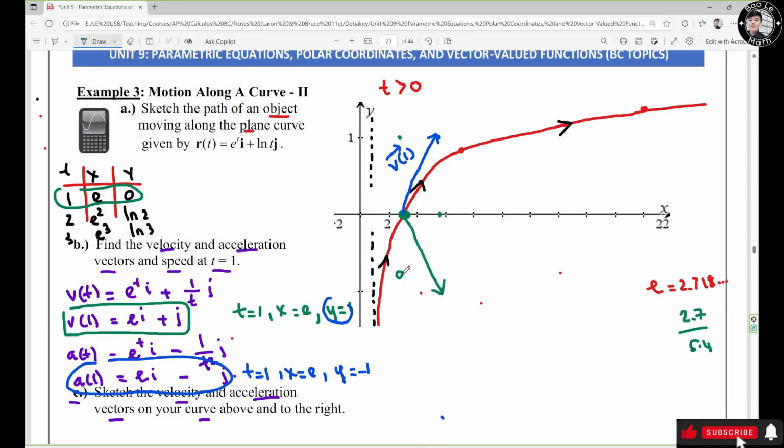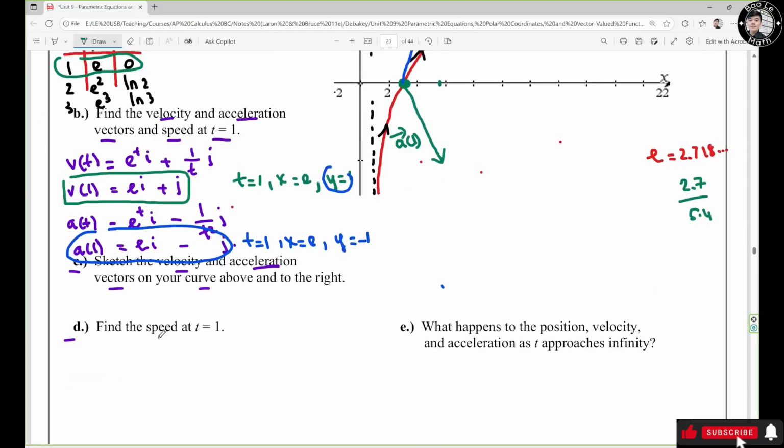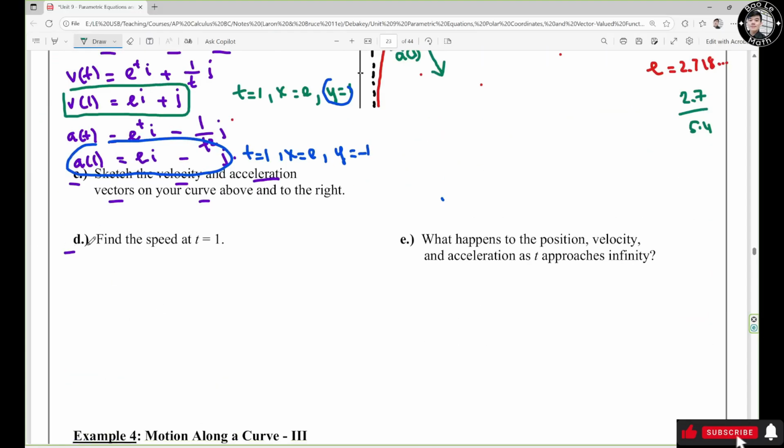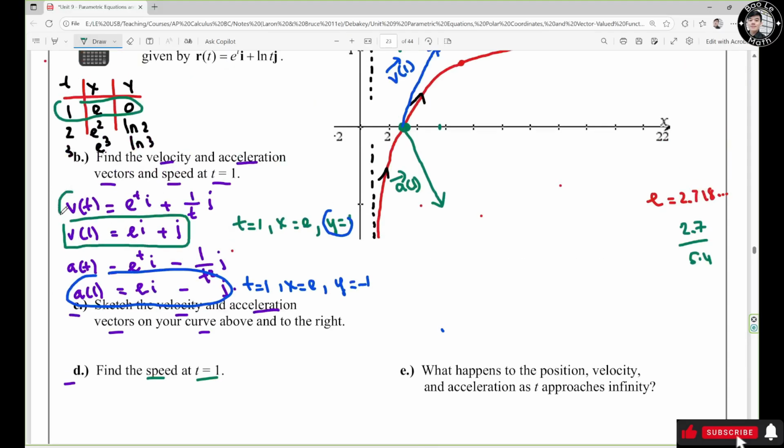So this one is a of 1. Now let's move on to question D. Find the speed at t equals 1. Alright, so you know that the velocity function is right here. Alright, so the speed should be